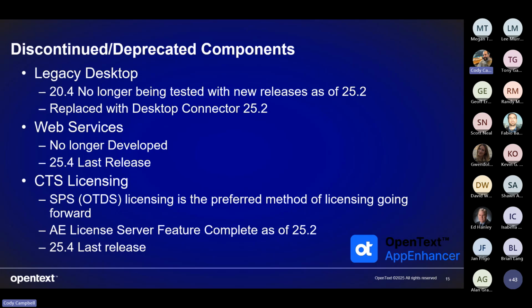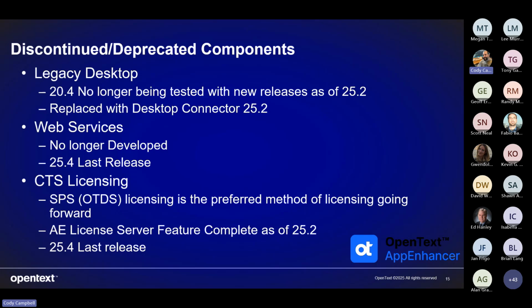So, I mean, it's not everything, but we want feedback. What is so important in desktop that you need to keep using it? I want to know, because they'll build it into the connector for you. And so evaluating the connector is important for me for customers, so that we can see what our desktop footprint needs to look like to be effective for your customers that really liked it. Search and retrieval was one of the top things when I last talked to a couple of customers recently. They just use that. That's the bread and butter of the AppEnhancer environment.